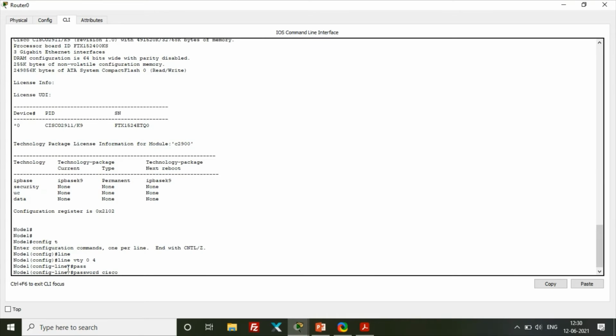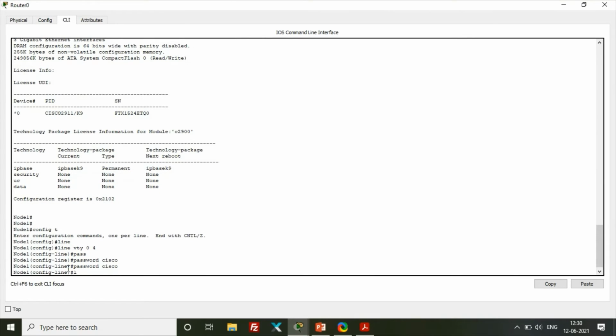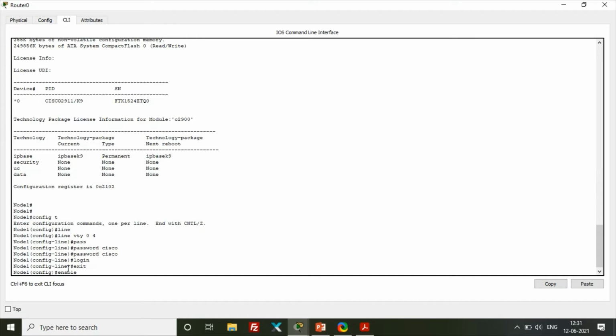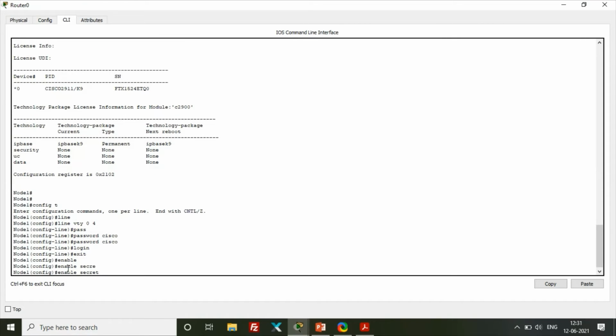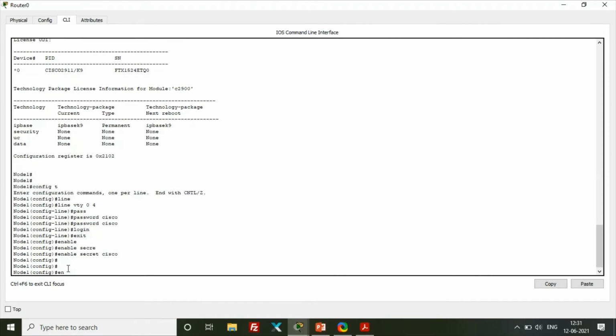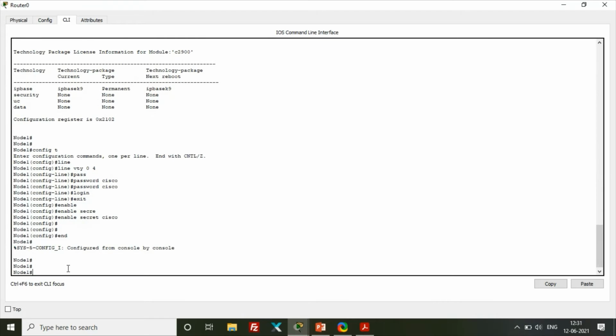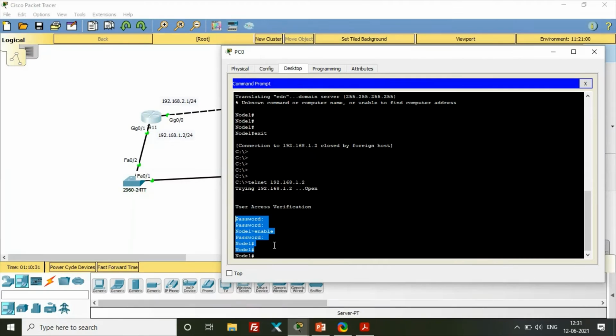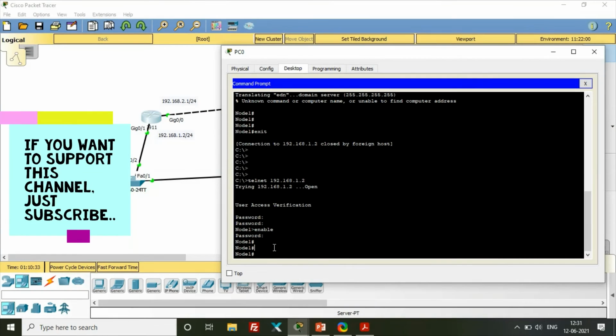Then login, which will ask for the password when you log in to the device. Then exit and enable secret Cisco. When you configure this in the device, it will prompt the same message here.